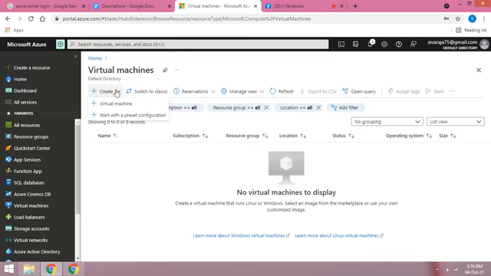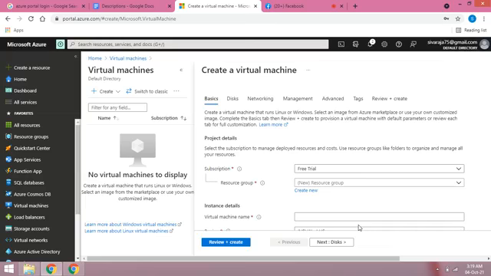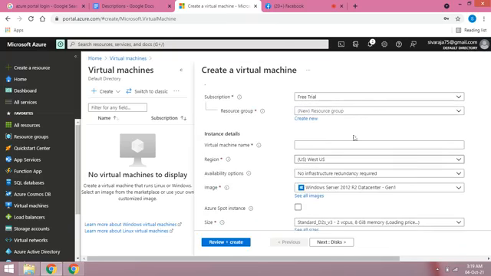Now I create one Windows virtual machine. How to create a Windows virtual machine? I select the resource group.